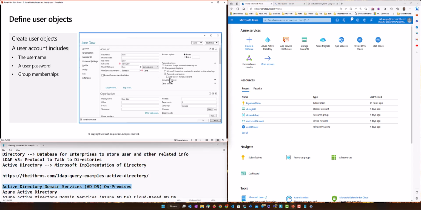You can also set user cannot change password, so you must come to the admin all the time. A lot of the time this is not used, but if somebody wants to, you have this option. You can see also smart card is required, which I gave as an example yesterday: you must have a smart card and it must authenticate your smart card before it lets you log in. This is all controlled through your user account and the policies, right?